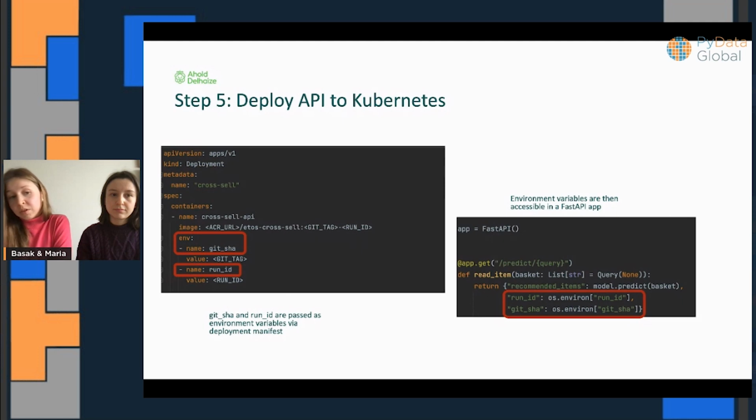The deployment manifest is also modified in GitHub Actions, where run ID and git_SHA are available. We pass this information to the manifest, and when it's deployed, those are retrievable inside our app as environment variables. So when we return the prediction, we also return this extra information.